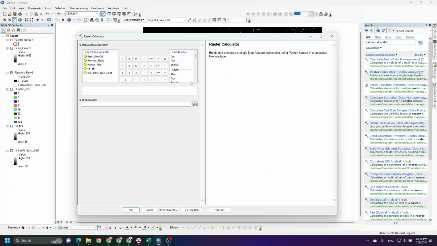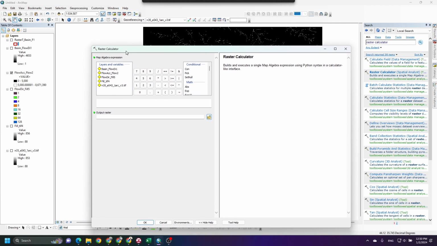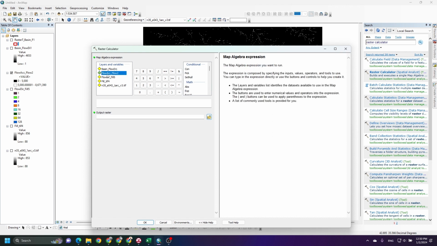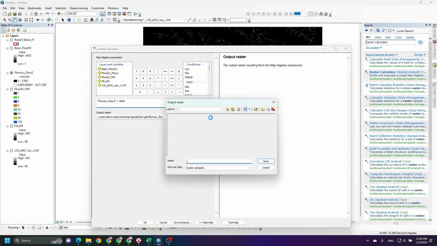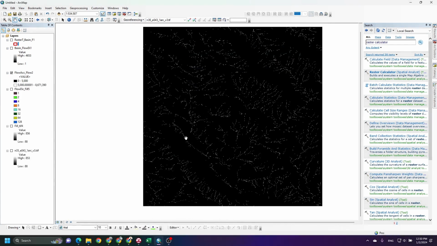We have the raster calculator here, and we want to put an equation here: flow accumulation greater than 5,000, and we can leave the rest as default and press OK.